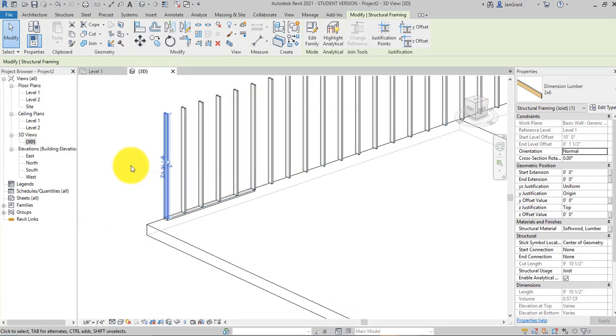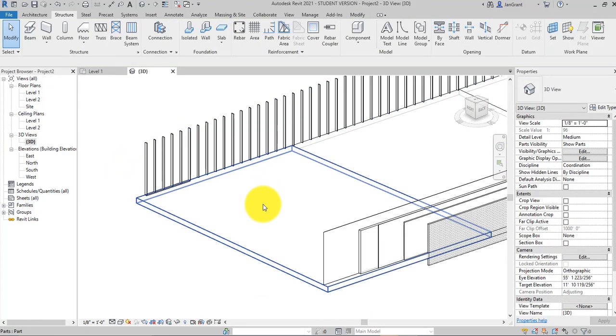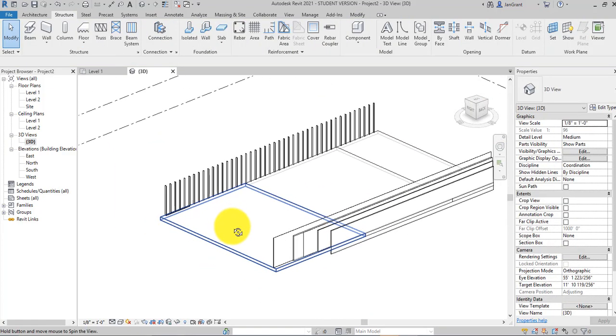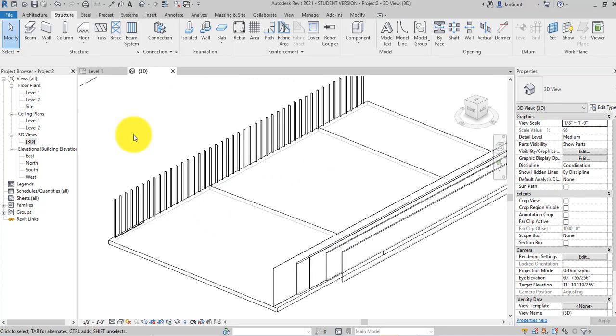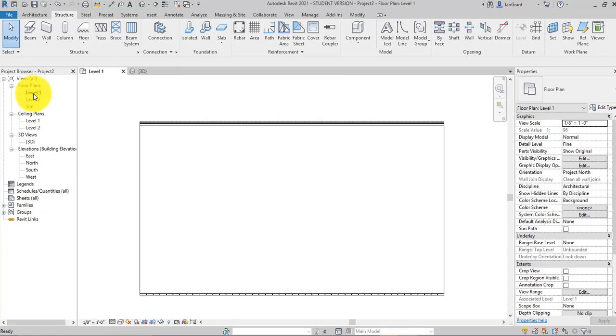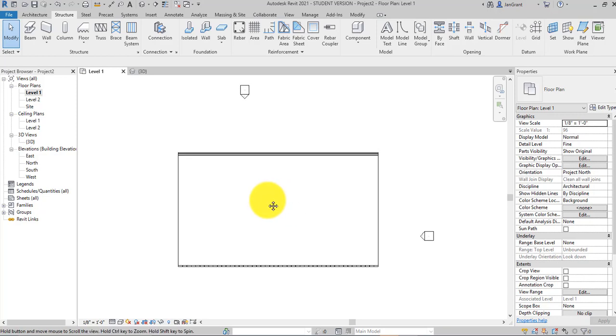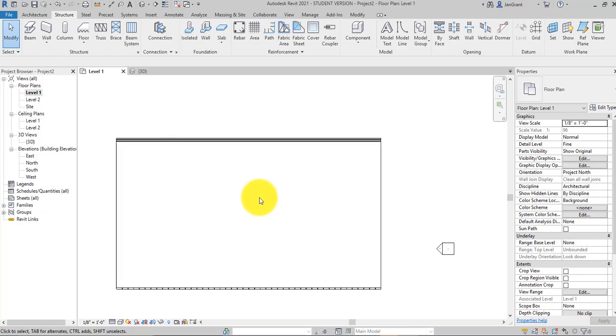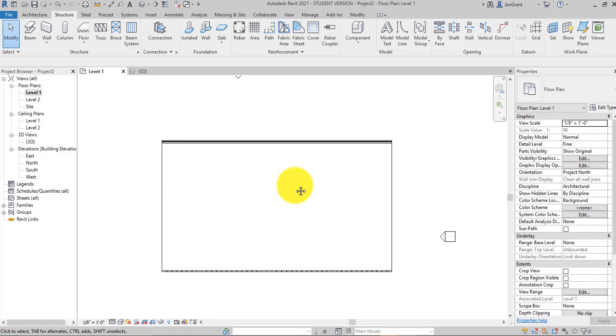This video is to show you bits and pieces of the different tools that we can use for construction. Let's take a look at placing a column grid and columns. So we'll go to level 1, and I'm going to randomly throw in a grid pattern. So in the level 1 view at the top